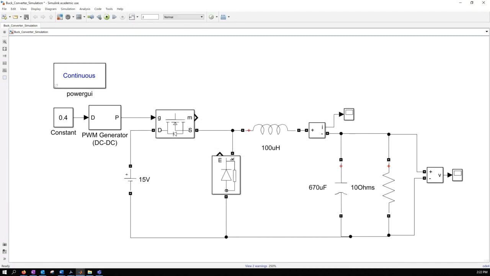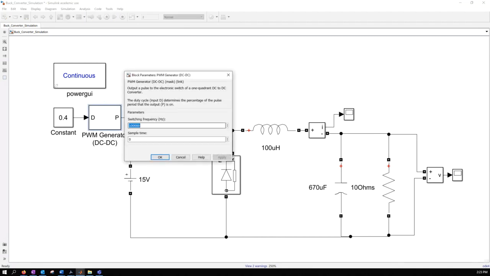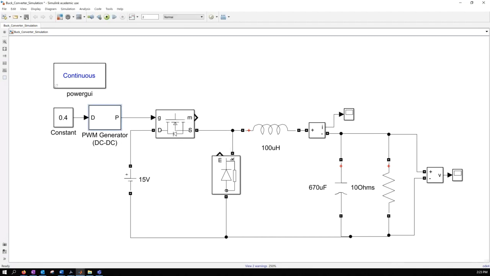Now today when you try to run this same simulation with a buck converter, right, and we need to update the PWM generator to be at 100 kilohertz,